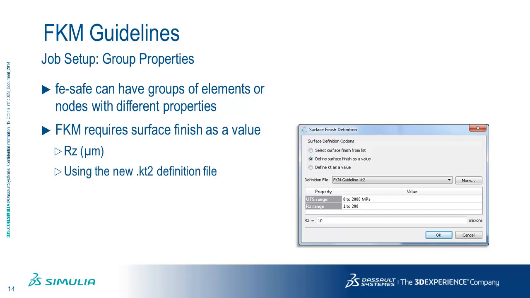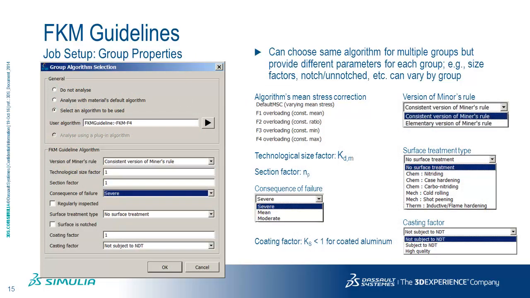So there's a bit of detail here that I'm going to skip to save some time. This is the interface. Basically, it's the same way as when you're assigning an algorithm. You go through here, same process. You choose which mean stress correction method. We implemented these 5 methods here. And then you fill in the